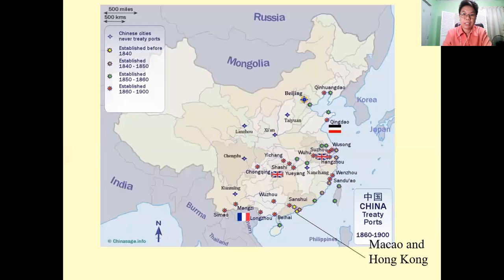So this is actually the map of Hong Kong and Macau. If you notice, there's a territorial urbanization in this historical perspective of urbanization. So there are treaty ports in China. In Macau and Hong Kong, if you notice, Macau and Hong Kong are special autonomous regions in terms